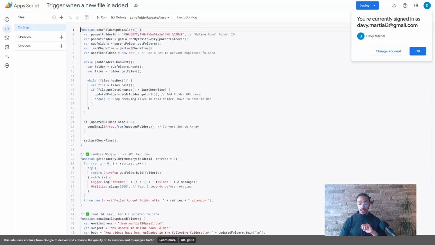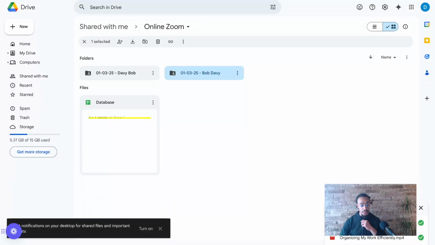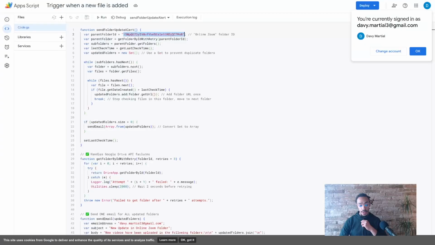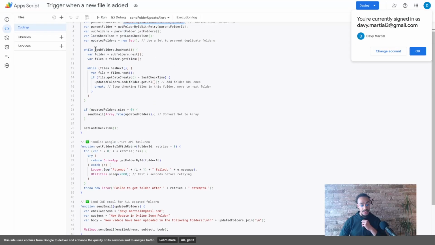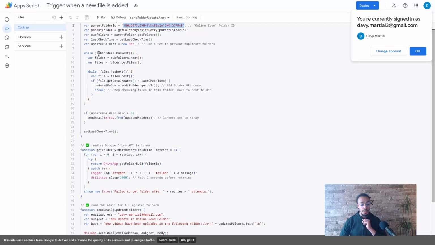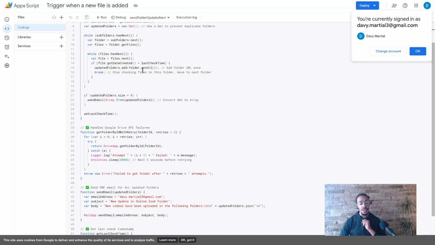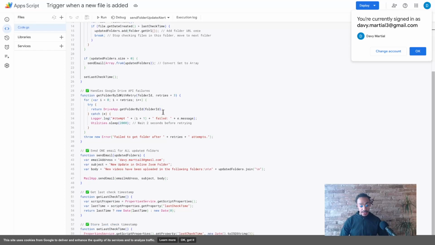So in this case, the best way to do it was to directly use a script that will allow us to use the parent folder ID. So I can see here I have the parent folder ID, which is this ID coming from the URL. And this entire script, basically what it says is it's going to loop through all the subfolders and check if there is a file that has been updated recently. And if it's the case, then we will ask it to save the link of this folder and check all the folders. And every time it finds a new item that's been uploaded, to keep it in this email,